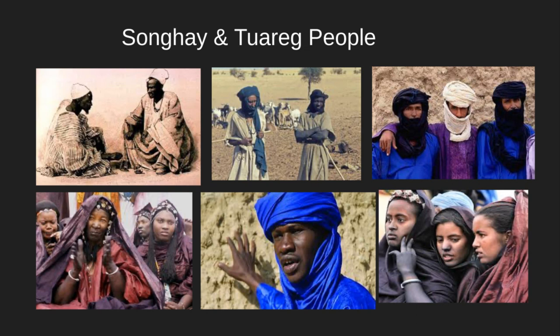These are just a few, but two of the main ethnic groups of the Songhay are the Tuareg. Now, the Tuareg, if you can see it in the far right, they're known as the blue men of West Africa. They're on the far right. You see the Tuareg men. Below that, you see Tuareg women. They are of Moorish or Berber ancestry. The Tuareg are the founders of Timbuktu.